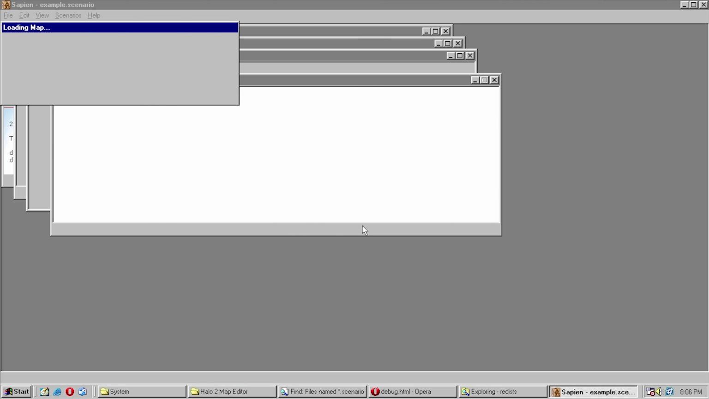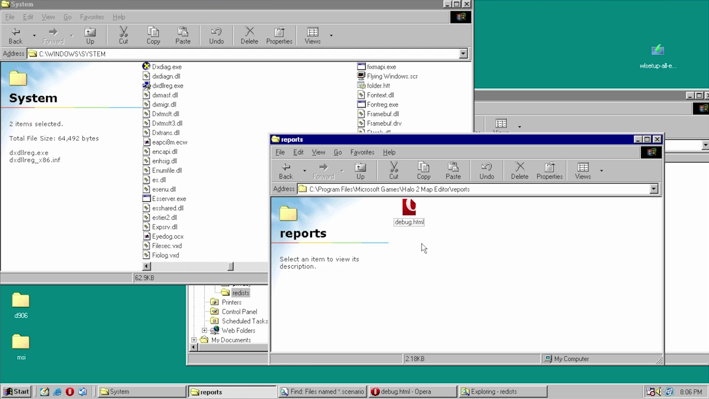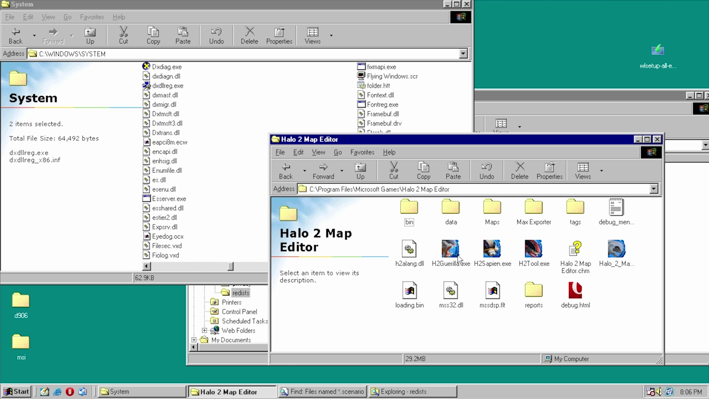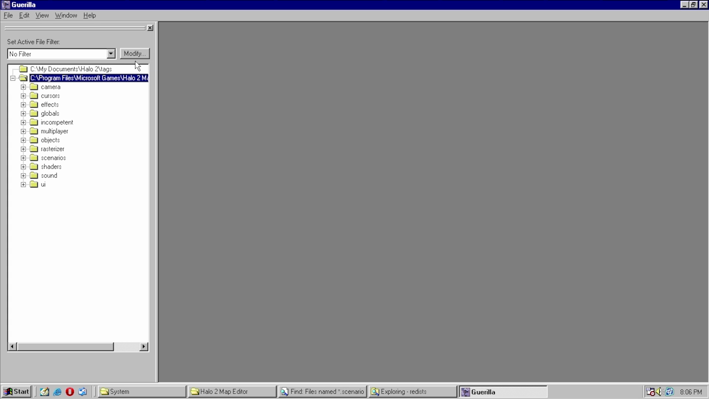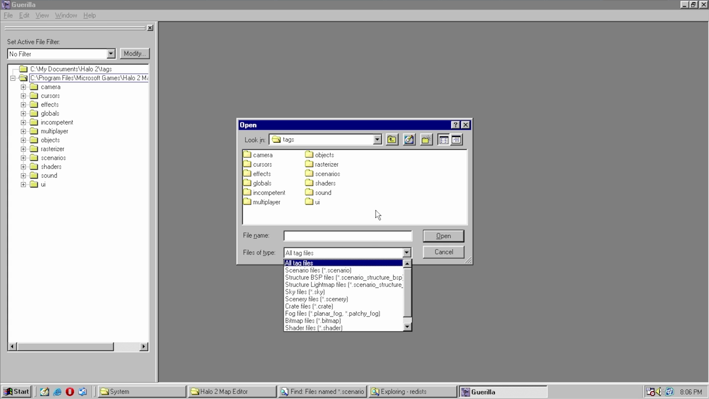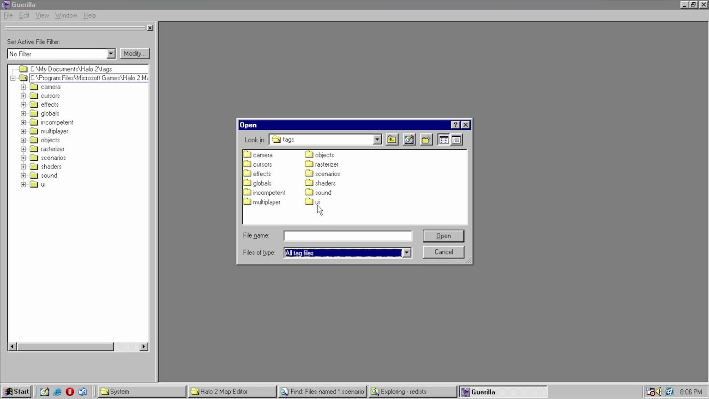Example.scenario. Crashed again. What is the report this time? Okay, so it failed to find that same file. We can get this one here to work, and I wonder if we can, because this also you can try to find a scenario file. So let's see if we can go into, or under tags, scenarios,